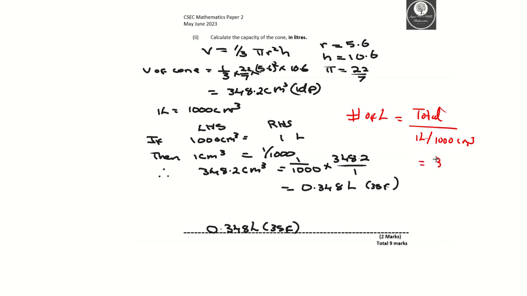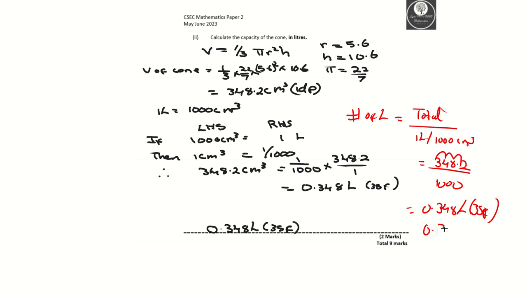Which would be 348.2 divided by 1,000. The decimal is shifted 3 places, 1, 2, 3. That is how I got 0.348 liters to three significant figures,